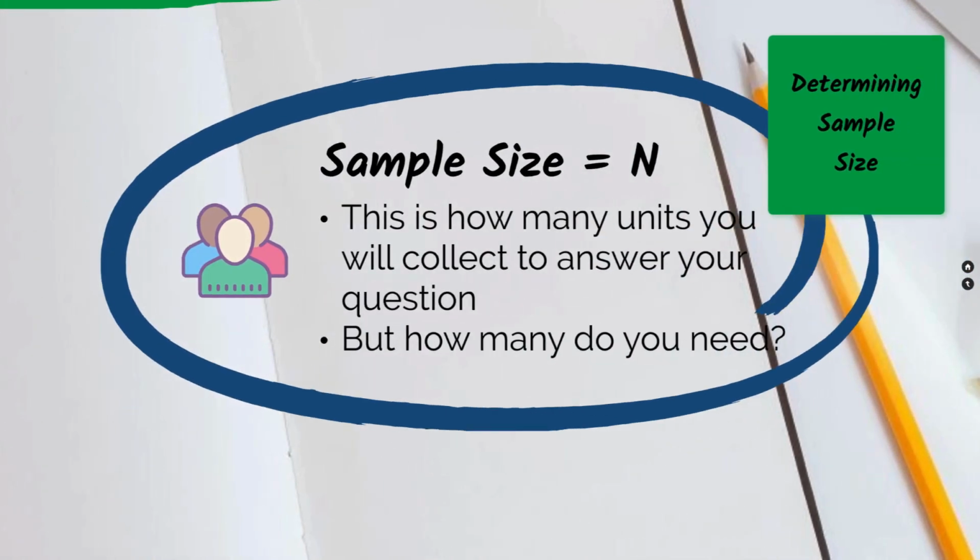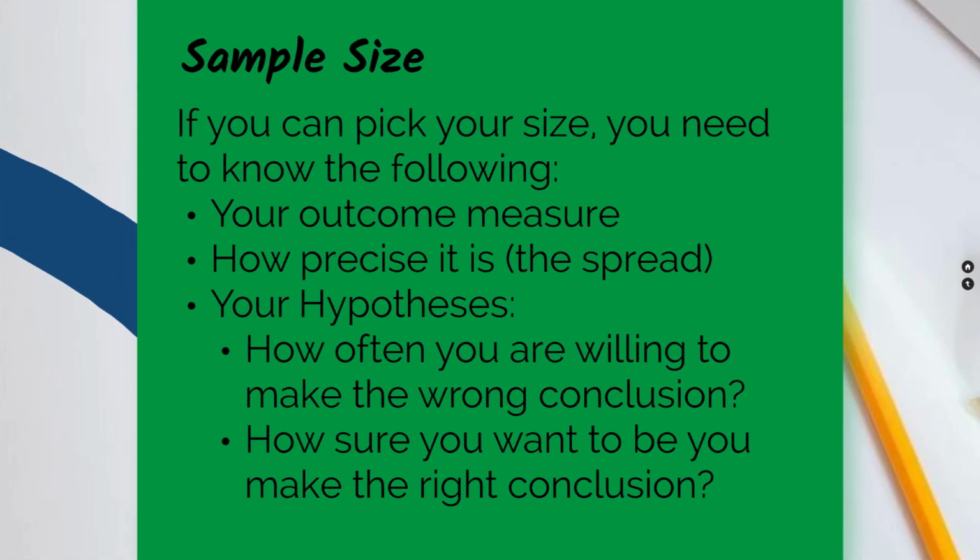And once you've done that, you'll need to determine the sample size, or N. We've seen N with N%. N means number, and this is how many units you will collect to answer your question. Determining your sample size is one of the things that biostatisticians spend a lot of time doing. If you can pick your size, you need to know the following. And when I say if you can pick your sample size, it may be determined for you if you're surveying a class or a team or a certain medical clinic. You may be restricted to a sample size, but if you can choose your sample size, you need to know